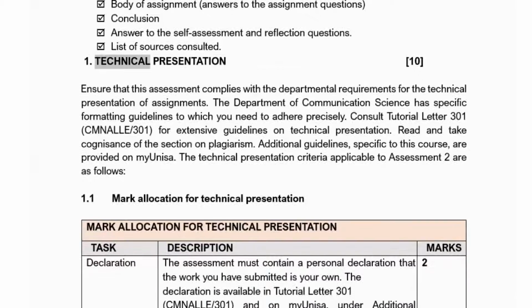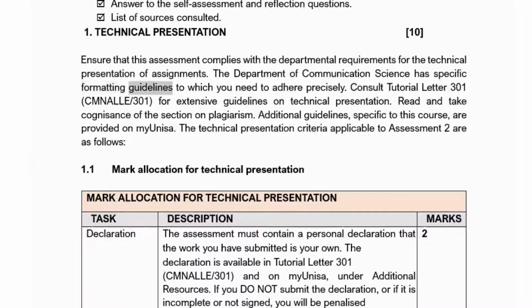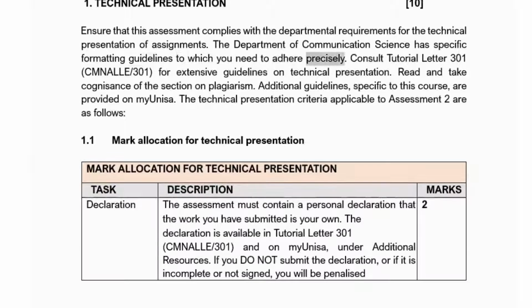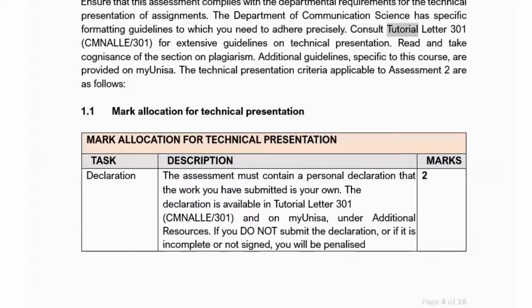Technical presentation, 10. Ensure that this assessment complies with the departmental requirements for the technical presentation of assignments. The Department of Communication Science has specific formatting guidelines to which you need to adhere precisely. Consult Tutorial Letter 301 for extensive guidelines on technical presentation.